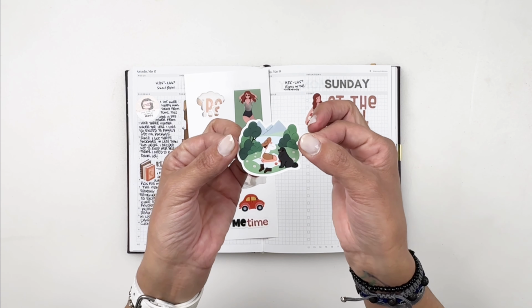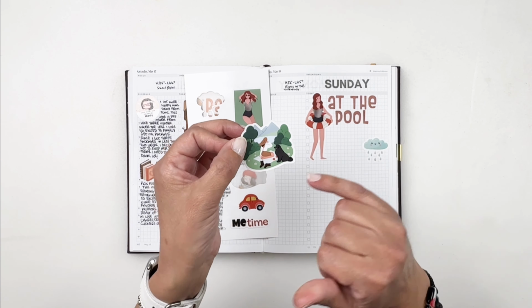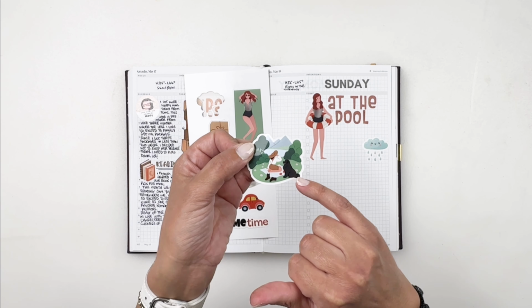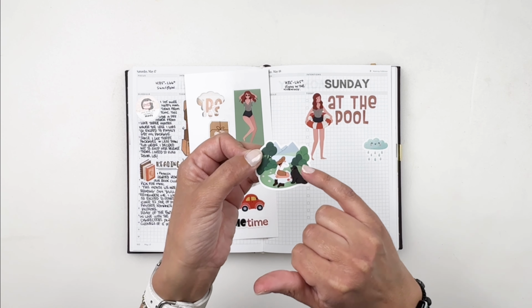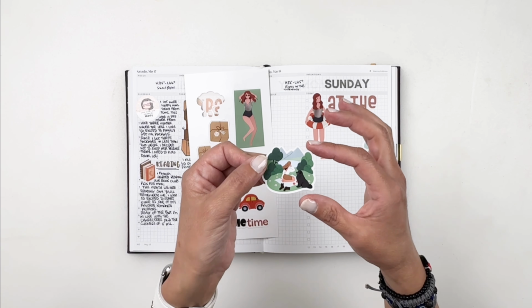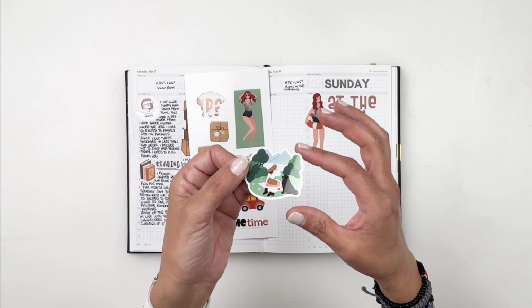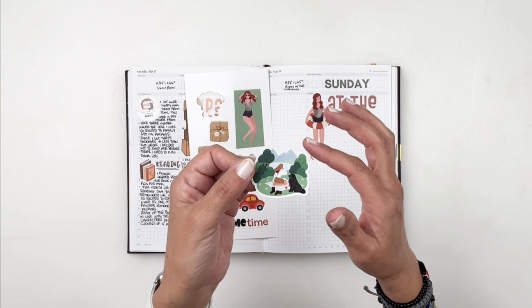This is an element from the program I was using, Canva. And I have a black dog. Stitch is adorable. And I spent the evening outside with him, but the sticker didn't have the dog in there. And so what I ended up doing is adding him myself, and it turned out